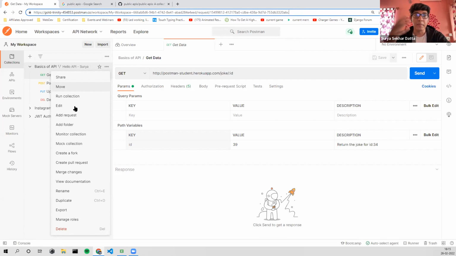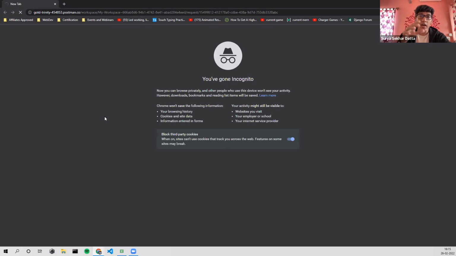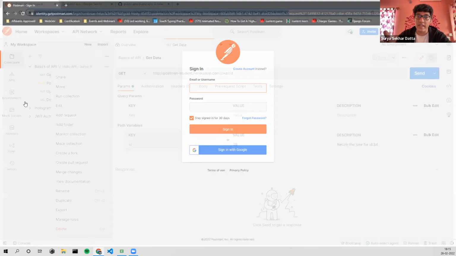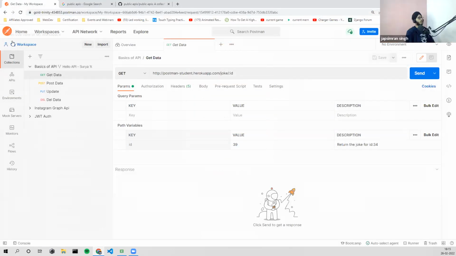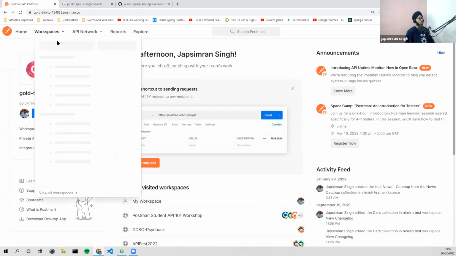This is basically a mini project that we're asking you to make with any random public API that you want to use. If you can go to the list of the public APIs on GitHub, you can choose any one of them. Also, we have some public workspaces on Postman.